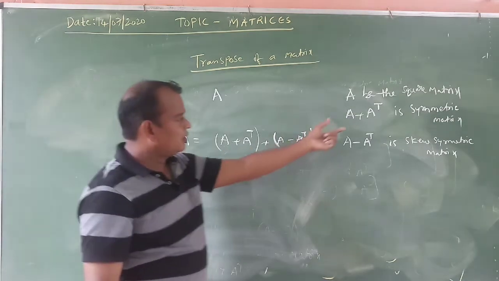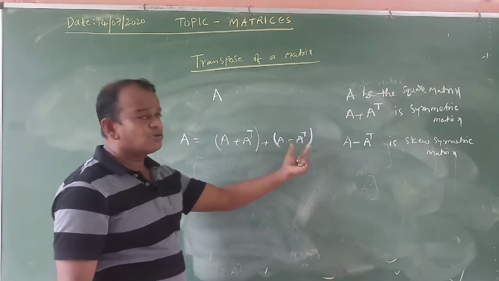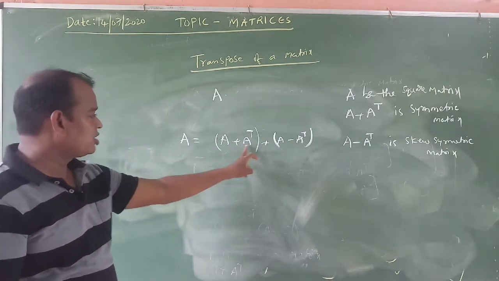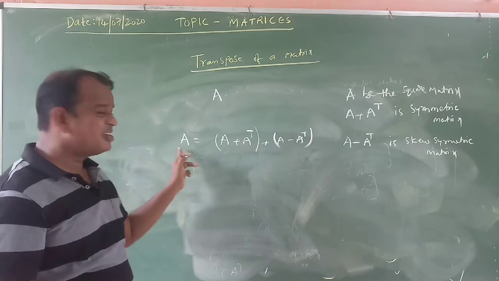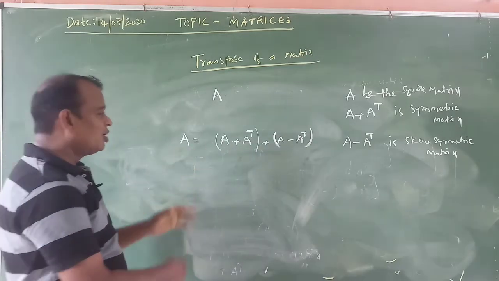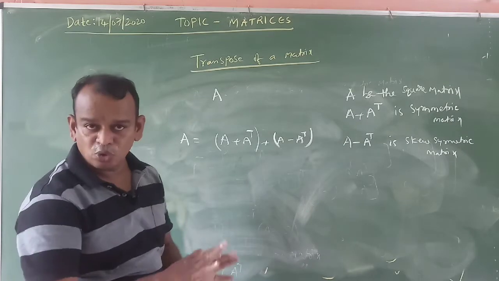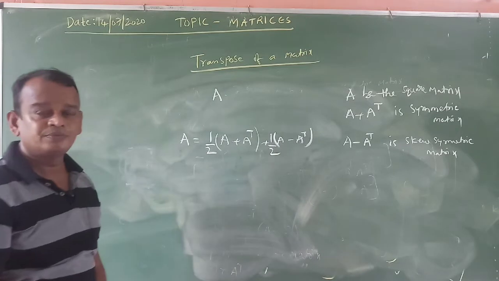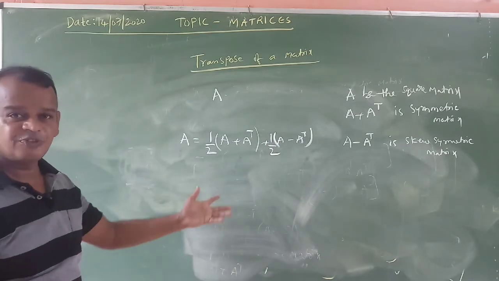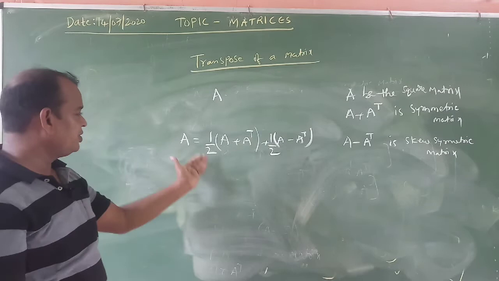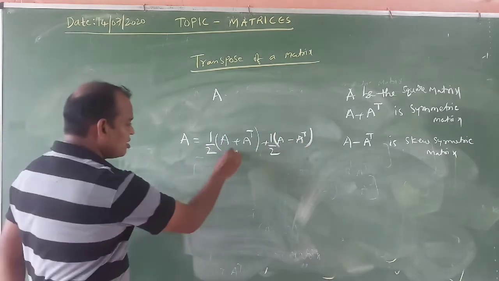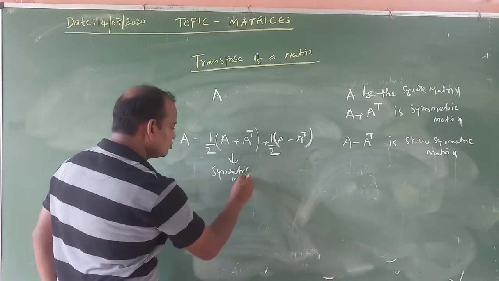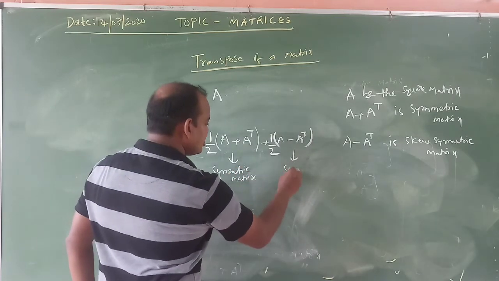You know very well the square matrix can be expressed as symmetric and skew symmetric. But if we add these two, A transpose cancels, A plus A is 2A. Is 2A equal to A? Not possible. Now, a symmetric matrix multiplied with a scalar has no change at all. So multiply by half. Say yes or no? A is equal to half into A plus A transpose plus half into A minus A transpose. This is called the symmetric matrix, and this is called the skew symmetric matrix.